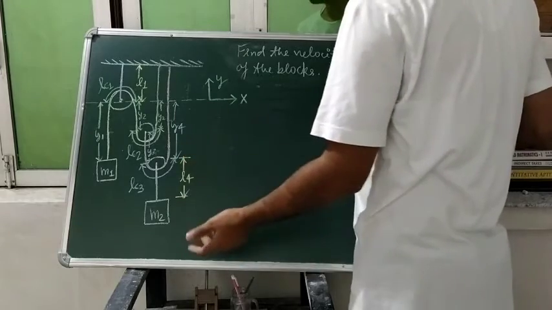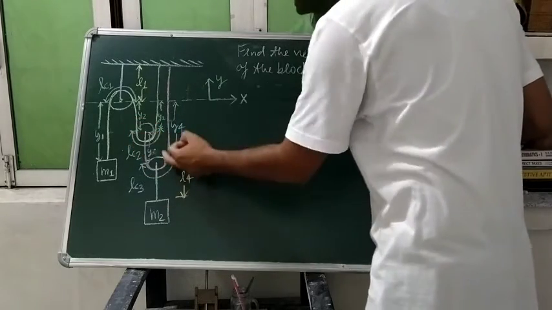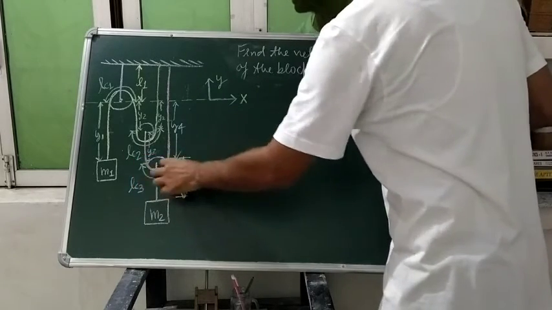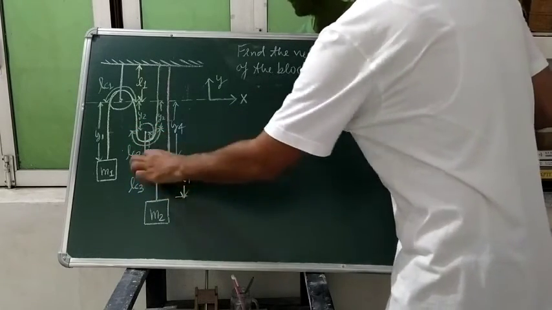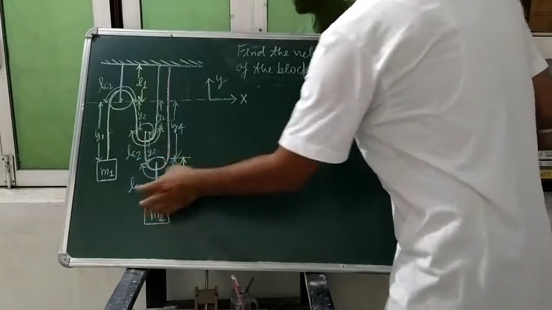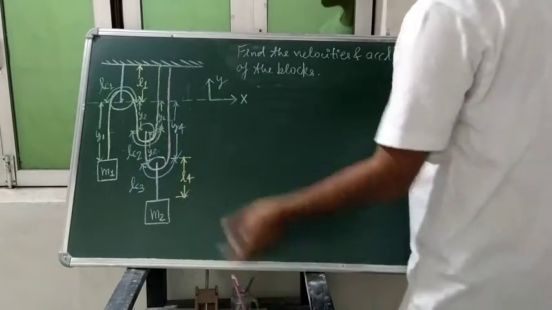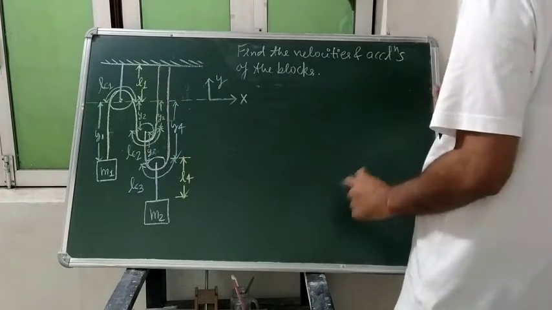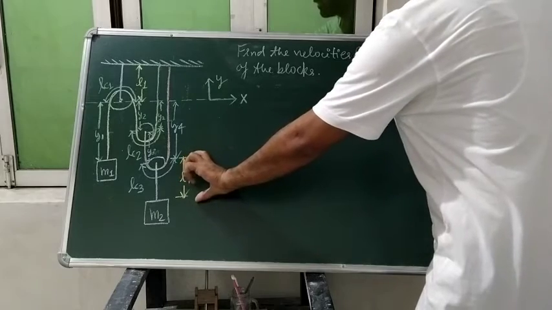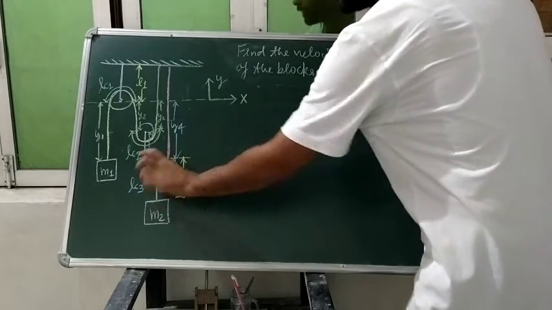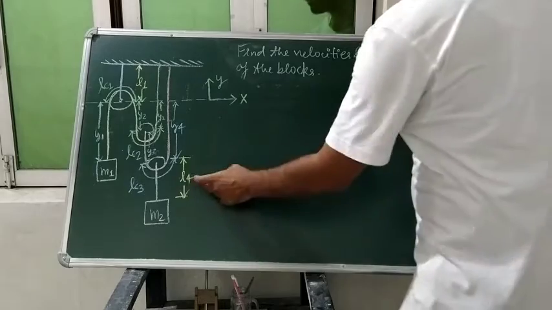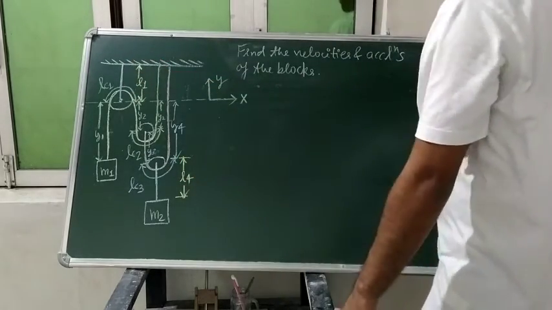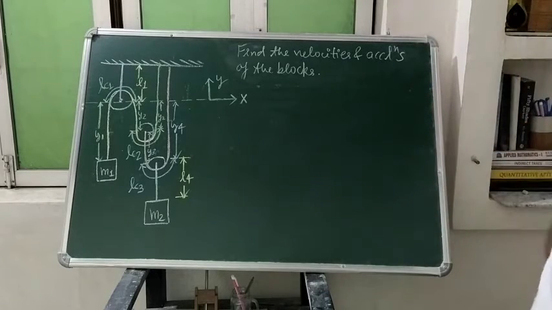And when we select the second string, of course, this one distance we are saying is y3, and the length of the string over this pulley is LC3, it will be constant, it is not going to change, and this length we are saying is y4, and of course this length of the string which is present here, we are denoting by L4. The length here and here is not going to change, now they will be the same. Okay, so I was saying this.